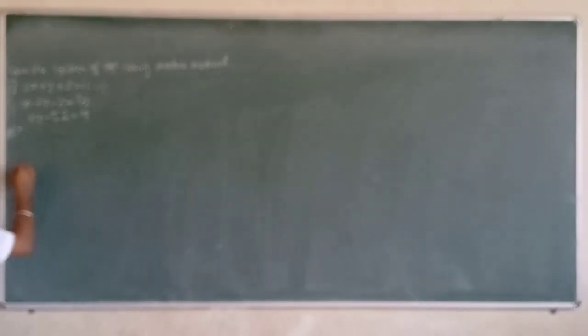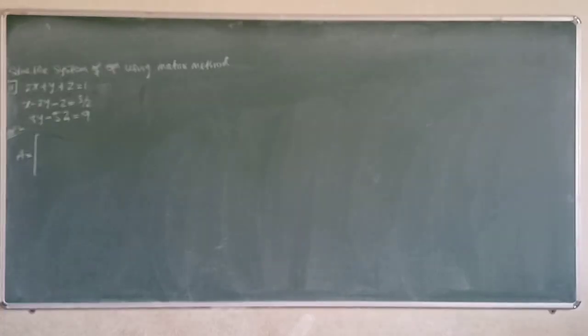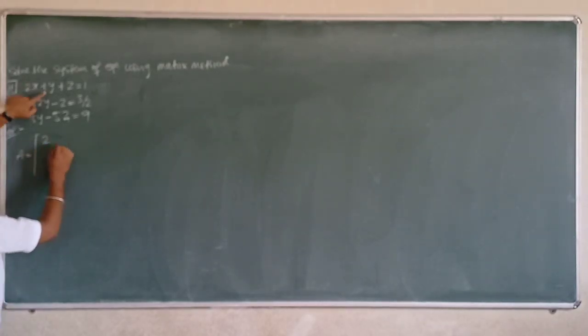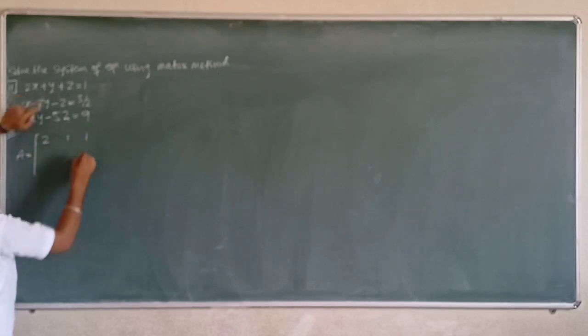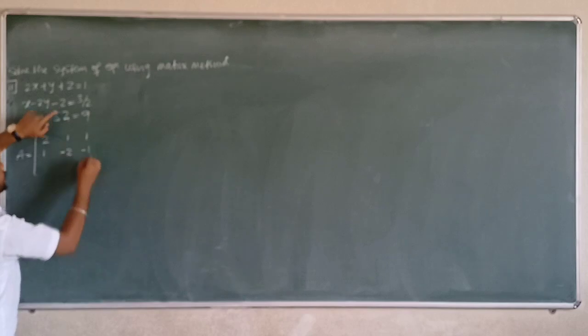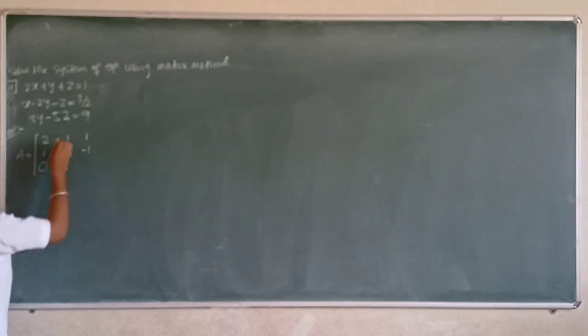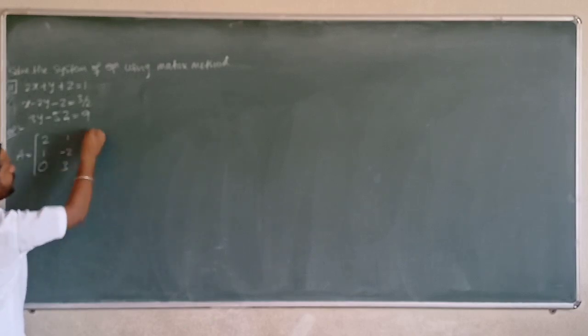First write down the matrix A. Matrix A is equal to, what is the meaning of matrix A? Coefficients of x, y, z now. What is the x coefficient here? Plus 2. Here plus 1, plus 1. Here plus 1. It is a minus 2 and it is a minus 1. Right? They are not given the x term here. Right? They are not given the x term, meaning take 0 in this place now. That is 0x meaning. Right? Y coefficient 3. Z coefficient is minus 5 now.